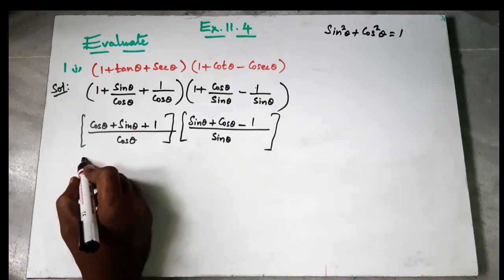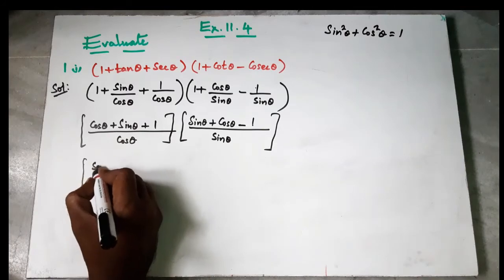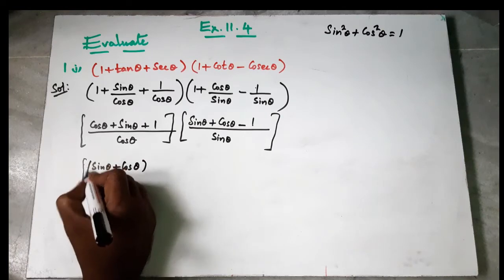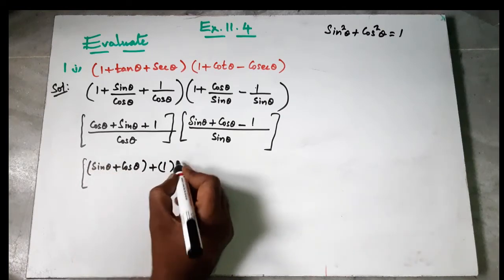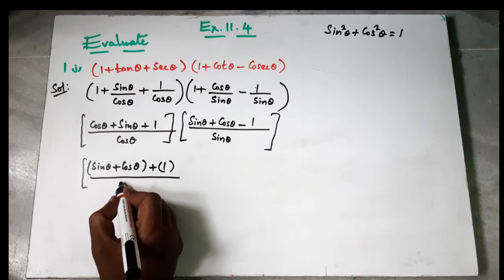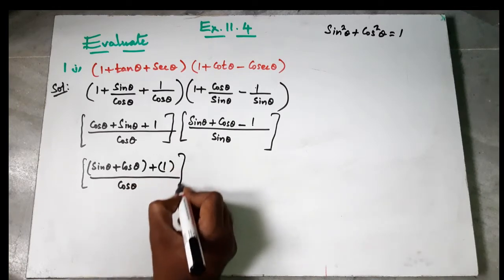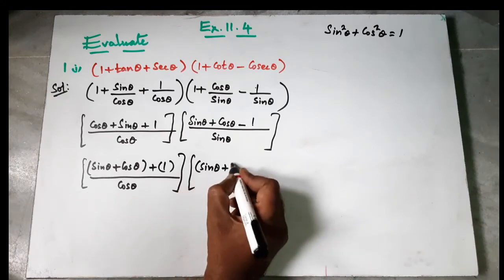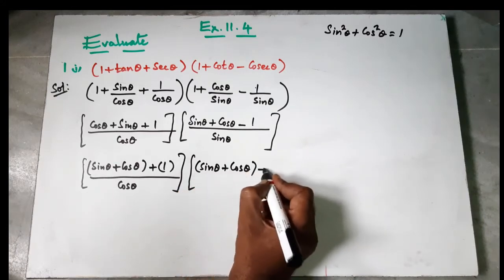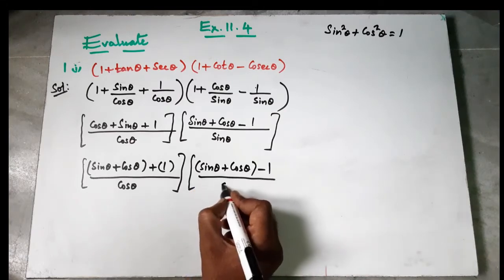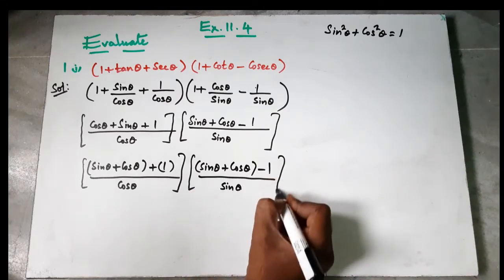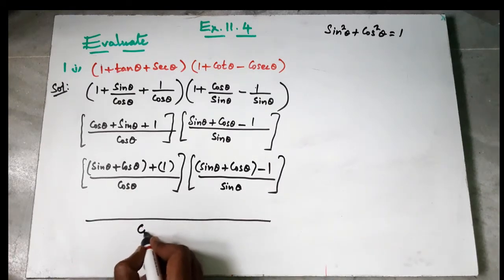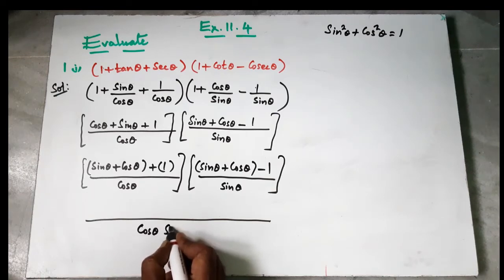So same thing can be written as, I am writing here, sin theta plus cos theta as 1 plus 1 by cos theta. Similarly here also sin theta plus cos theta as one term, which makes no difference if you are going to write like this, sin theta. Okay. Now multiply means, so in the denominator you are having cos theta sin theta.